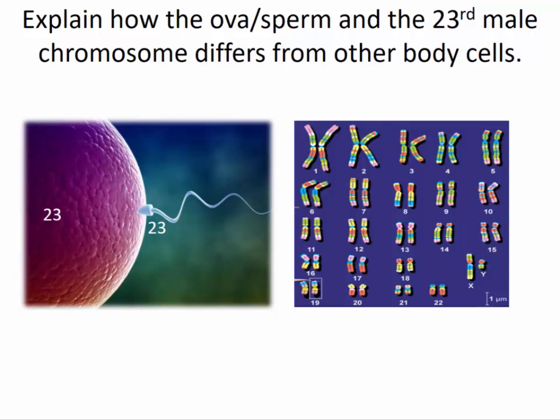One difference between the 23 chromosomes that we receive from mom and 23 chromosomes we receive from dad is that the 23rd pair are the X and Y chromosomes. A female's 23rd pair are always 2 X chromosomes, whereas a male is 1 X chromosome and 1 Y chromosome. This 23rd pair is what determines the biological sex of the individual. Because the female has 2 X chromosomes, and the male has an X and a Y chromosome, ultimately it is the father that determines the biological sex of the offspring. If the father gives an X chromosome, the mother gives an X chromosome, and you end up with a biological female. If the father gives a Y chromosome, and the mother gives an X chromosome, you end up with a biological male.